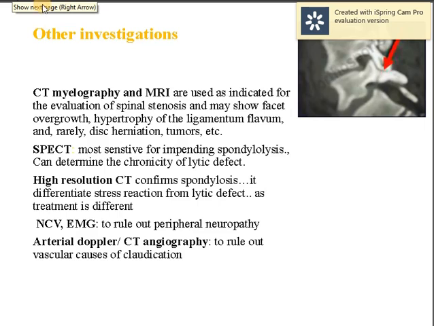Then the other investigations we go for are CT scan and MRI for the evaluation of the spinal stenosis, and they may also reveal the facet overgrowth, the hypertrophy of the ligamentum flavum, the disc herniation, and tumors. The SPECT is another type of investigation, sensitive for impending spondylolisthesis. High resolution CT, NCB, EMG, and arterial Doppler CT angiography are some of the other